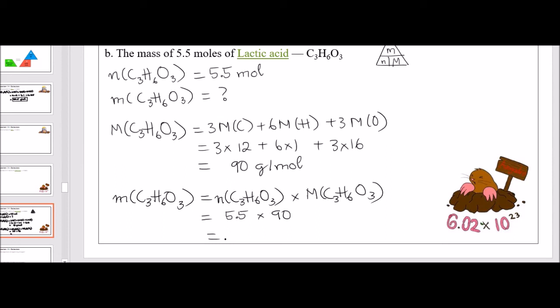If you just make one small calculation error, it's not going to affect your final answer too significantly. Unless you have a multiple choice question, of course, then you just lose that mark. Okay, and the final answer is boxed because the question asks for the mass of lactic acid, and that's my final answer. Let's hope I didn't make a stupid calculation error,